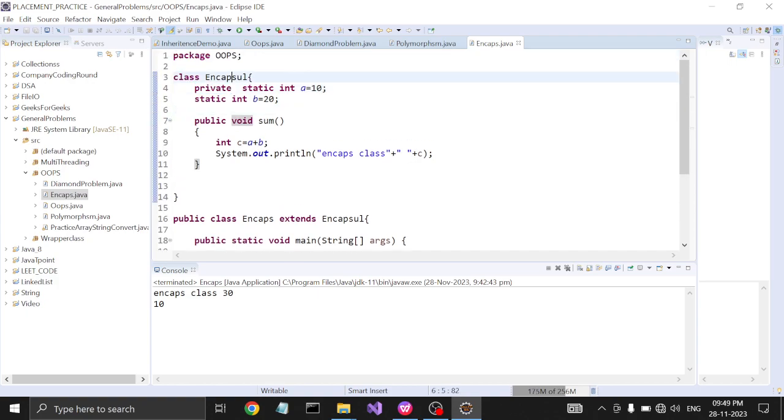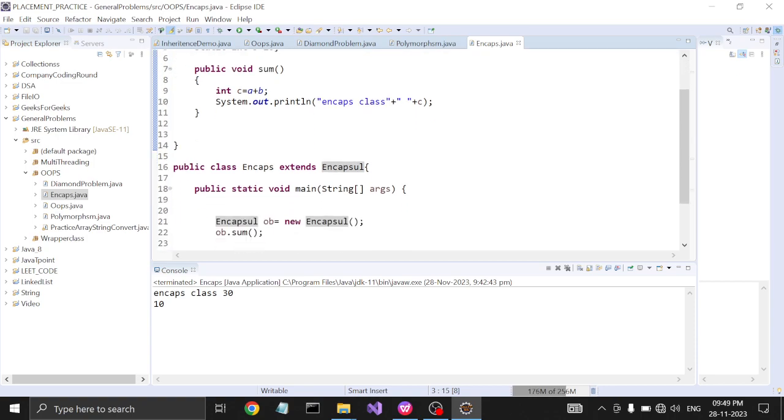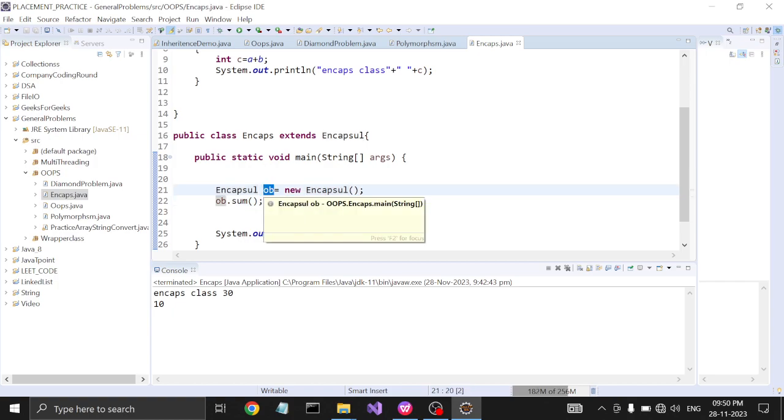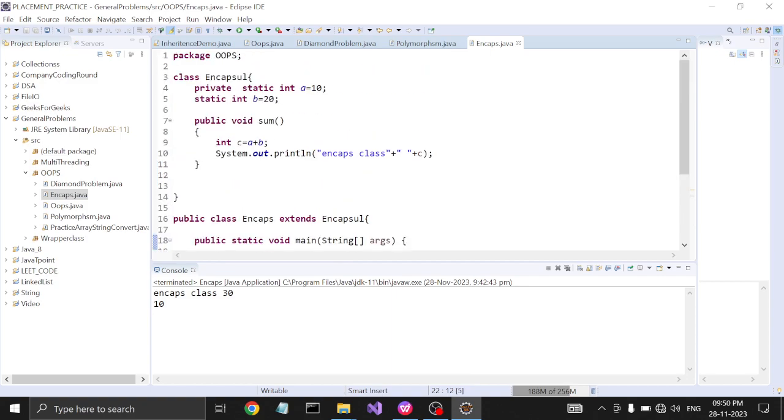So we'll see how we are going to achieve encapsulation. We have one Encapsule class and another Encaps class. The Encaps class extends the Encapsule class. We have created one object of the Encapsule class. By using that reference variable, we are calling a method of the Encapsule class, which is public in nature.